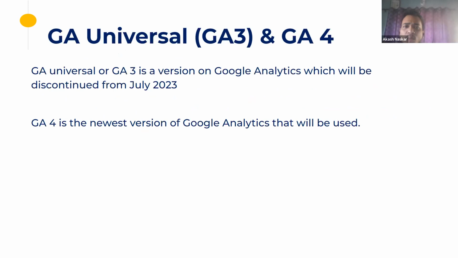Right now, one thing that you will encounter once you start navigating Google Analytics is that there are different versions of it. The two important versions that you should know about are Google Analytics 3 and Google Analytics 4. GA3, or Google Analytics 3, is also called Universal Analytics. It was one of the major sources of data that has been used till now. It was one of the older methods, and GA4 is the new method. Now Google will stop using GA3 from July 2023. It is still like 6-7 months down from now.